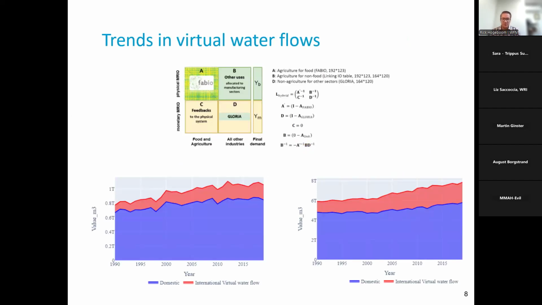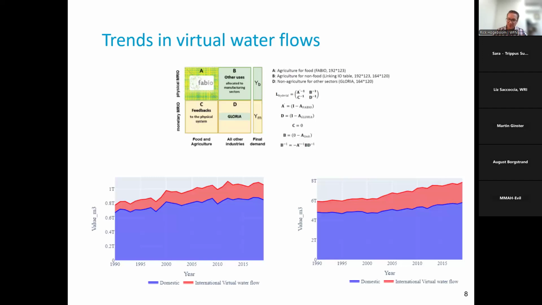Now, that is the basis that then feeds into these trade analyses to see where it ends up. And again, I won't go into too much detail, but we fed these water footprints of production into an environmentally extended input-output model to see where these inefficient, water scarcity-inducing flows end up. And we estimate that about 20% of the global blue water resources are going virtual, right? So 1 in 5 liters of water that is being used are used for goods and services that go into trade, into export. It's 26% for the green water resources. So that means that the rest, 80% for blue or 75% for green water, is consumed domestically in goods and services that are produced and consumed domestically, locally.